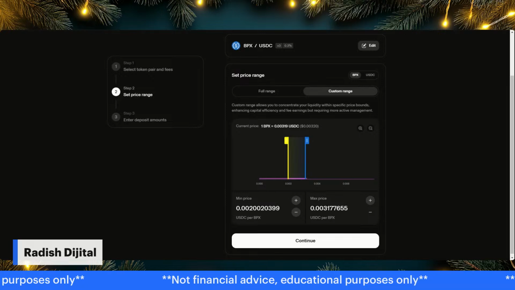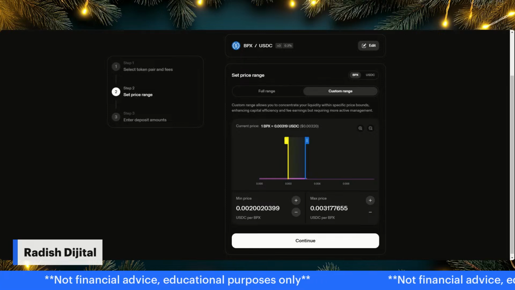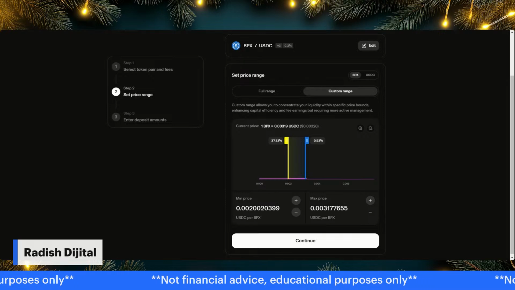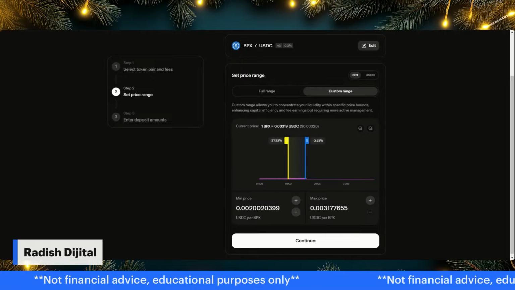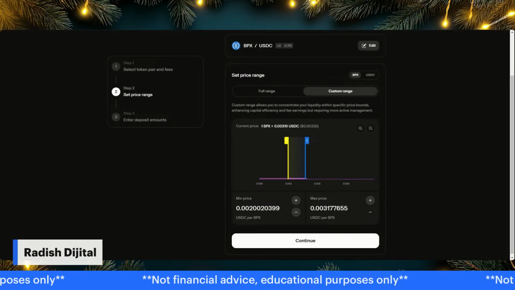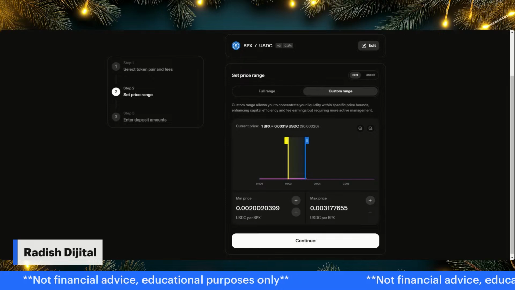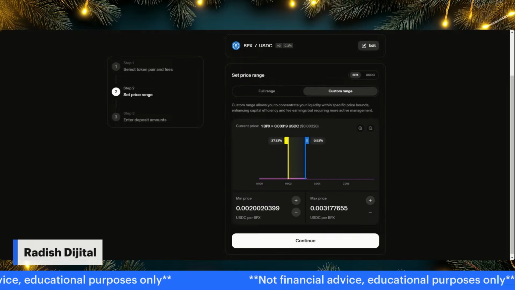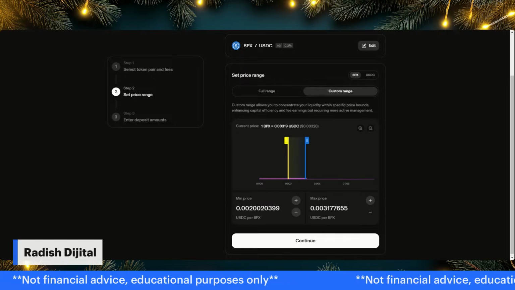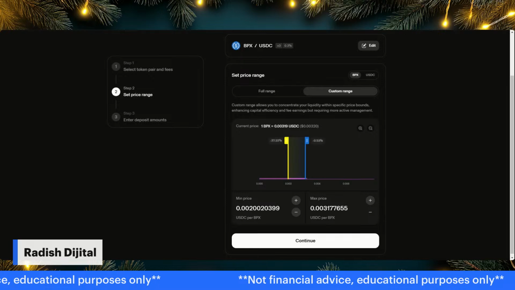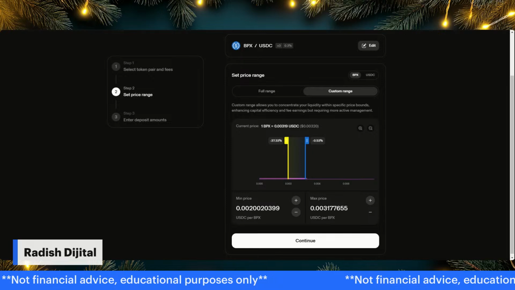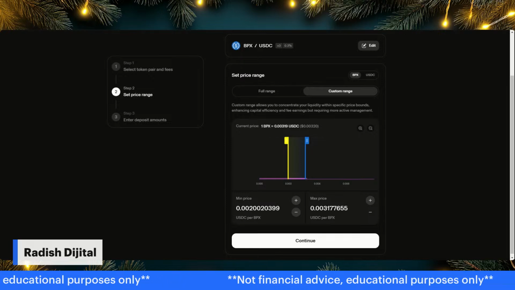So if someone were to come in right now and sell, again, I don't know how Uniswap exactly prices it to the open positions, but if someone were to come in and it hits within your range, it would sell within it. And let's say it is large enough, that it does execute all of your USDC for BPX. Well, now the risk is that you're not watching it frequently, and someone sees that the price went down and buys the BPX back from you. Having a bigger range allows more opportunity, more price points for that to happen.